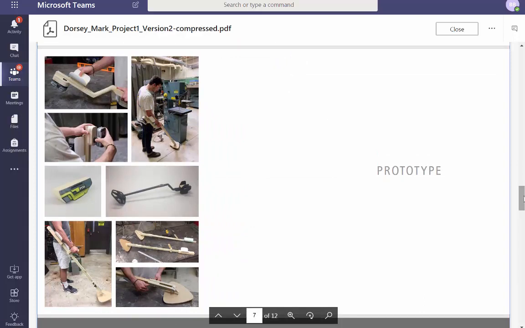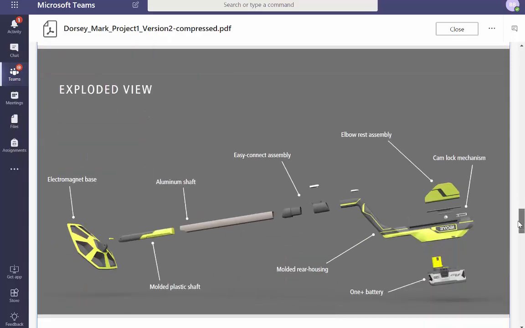Prototype. Prototypes are great. I appreciate you didn't show me that you manufactured it, because I don't care how you manufactured it. What did you learn through this? It looks like you did some more ergonomic, human scale testing, angles. So what did you learn? Explain it plainly, please. Exploded view. That just feels lacking. Oh boy, what can we do with this guy?